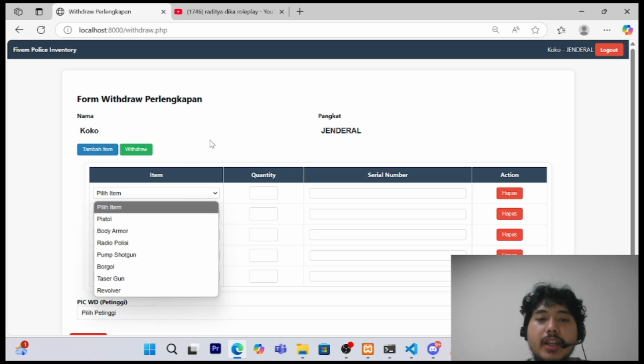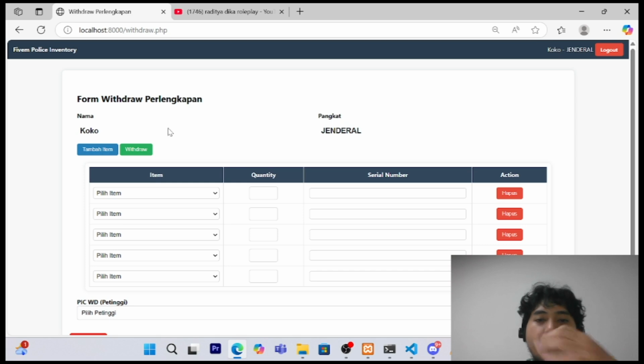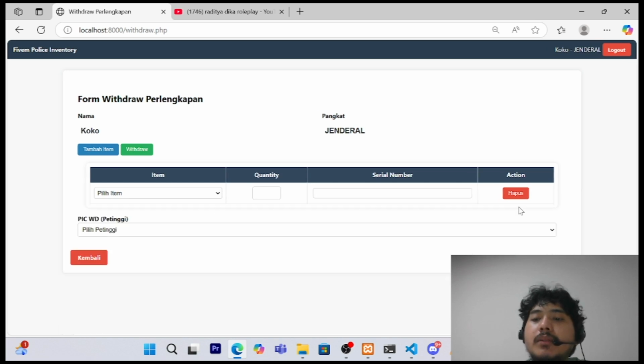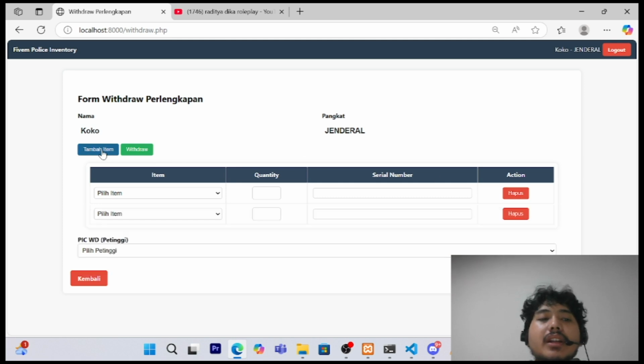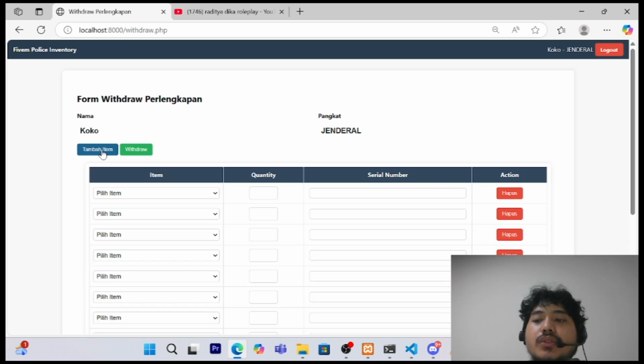Okay, so this is the withdraw form. You can see your name in here and your rank. If you want to take just one item, just remove this, and you cannot remove this one because the minimum is one.